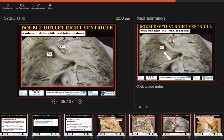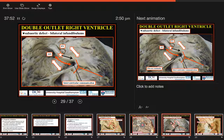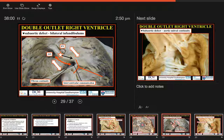So here, both arterial trunks with infundibulums, subaortic, subpulmonary. There is the interventricular communication, opening between the limbs of the septomarginal trabeculation, opening in subaortic position, because the outlet septum is attached to the cranial limb of the septomarginal trabeculation. And there, the subaortic tunnel that the surgeon will put a patch over so as to connect the aorta with the left ventricle. Note, however, there is fibrous continuity between the leaflets of the tricuspid and mitral valves,